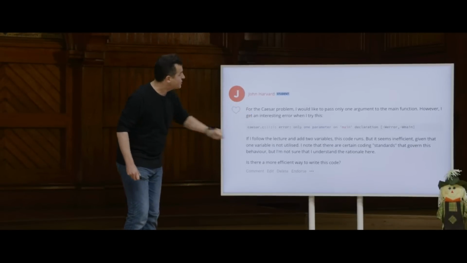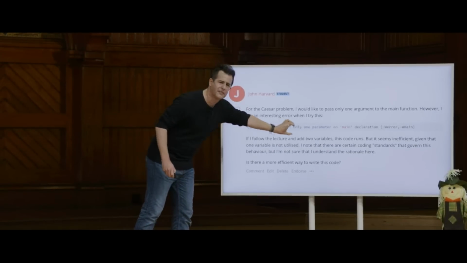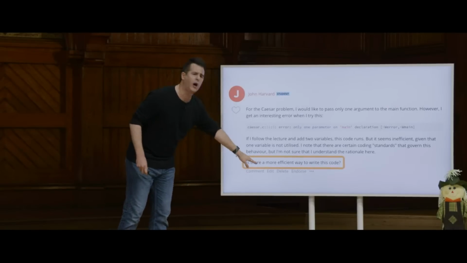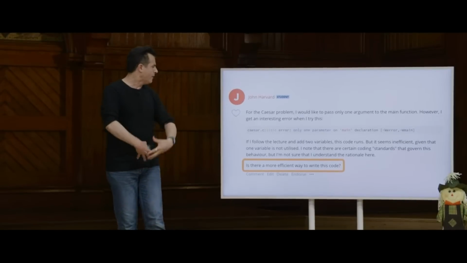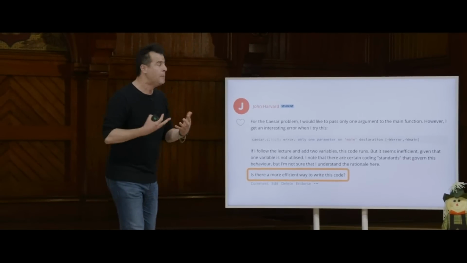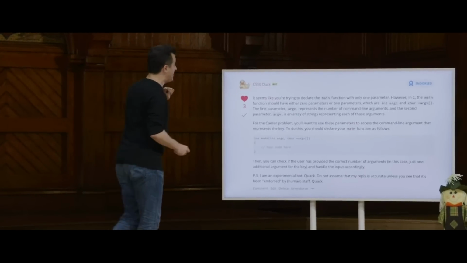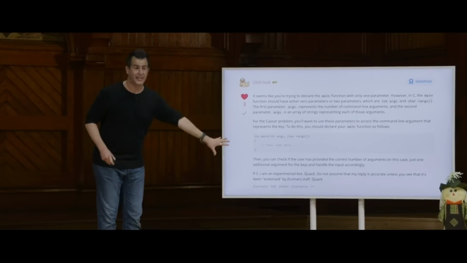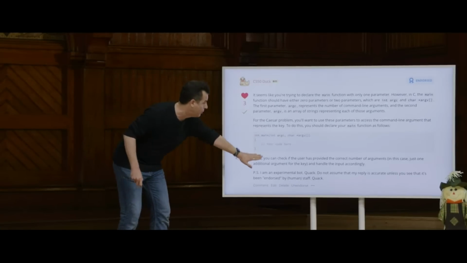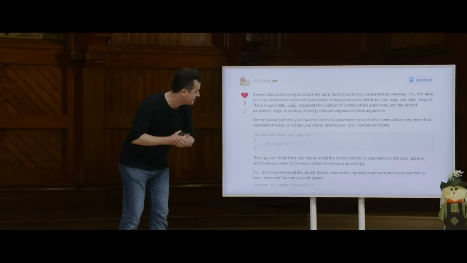In this question here, the student is including an error message that they're seeing. They're asking about that, and they're asking a little more broadly and qualitatively, is there a more efficient way to write this code? A question that really is best answered based on experience. Here, I'll stipulate that the duck responded with this answer, which is actually pretty darn good. Not only responding in English, but with some sample starter code that would make sense in this context.